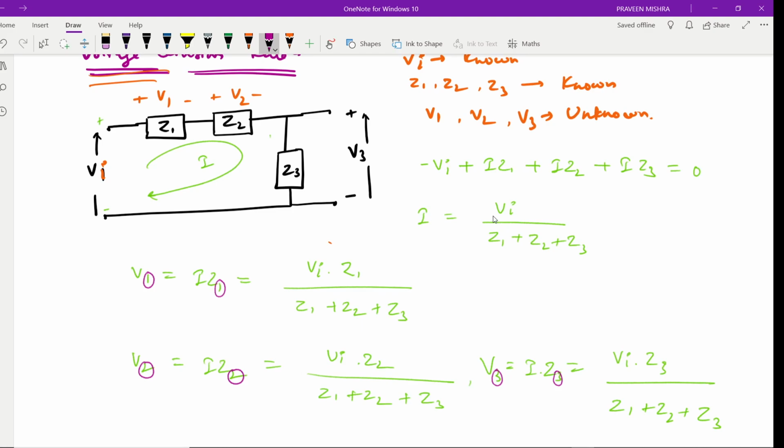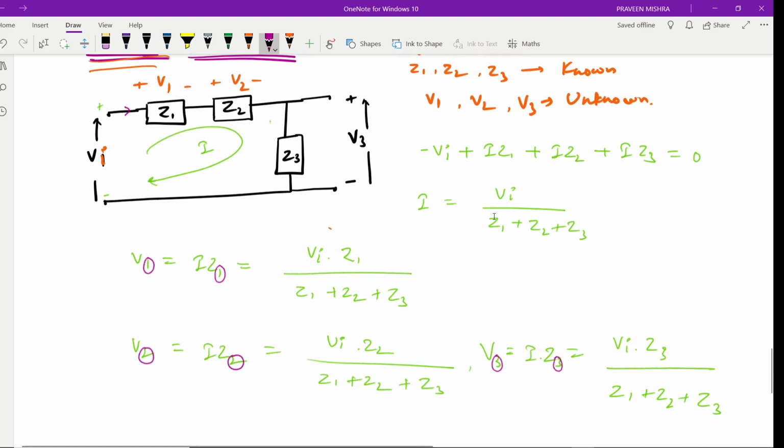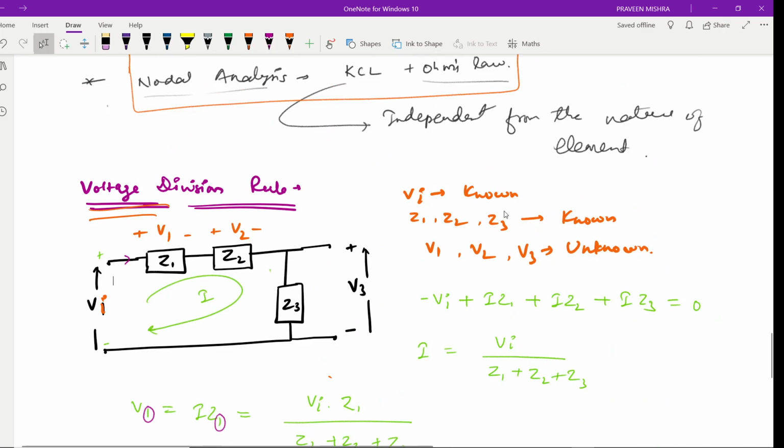This voltage division principle is applicable in a series network where voltage is divided. It is not applicable for a parallel network. In parallel, voltage will be same, and in series, current will be same. I is same. Voltage division rule is applicable in series network,